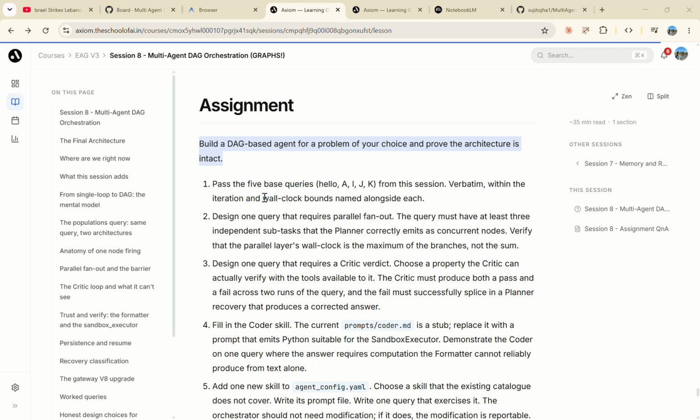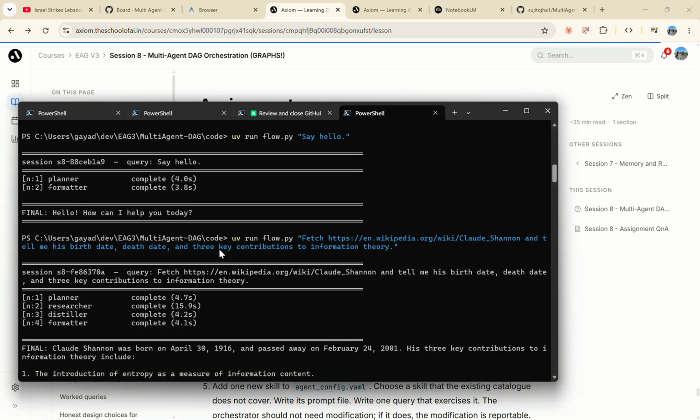are still there. We start with parsing five base queries: hello, A, I, J, and K. That is what you would see in the PowerShell command, starting with say hello: "Hello, how can I help you today?" All done. Next one is to fetch the Claude sentence information, which gets the date of birth, the date she passed away,